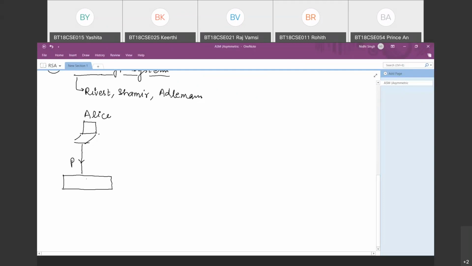So the RSA crypto system says that my encryption algorithm will apply the formula to generate the ciphertext. That is, we have to take the plain text to the power E mod n. What is E here? E is the public key of the receiver, that is Bob. Now, this is the encryption algorithm on the sender side. After applying this algorithm, my ciphertext will be generated. This ciphertext will be moving over the insecure channel.